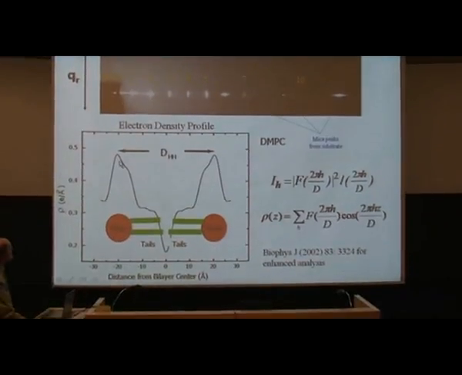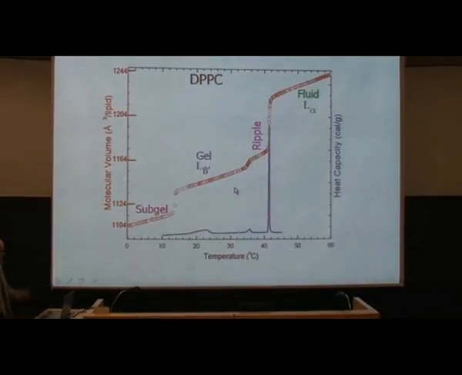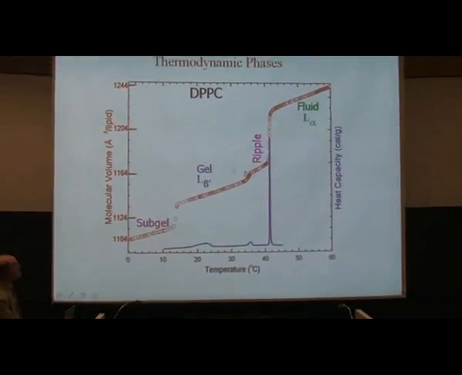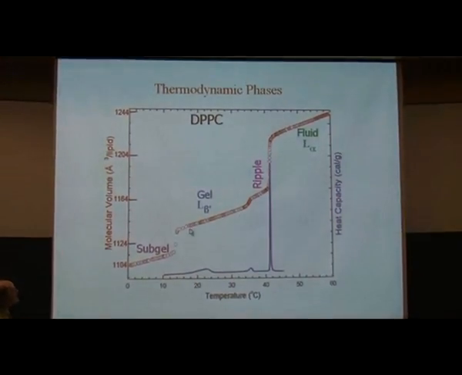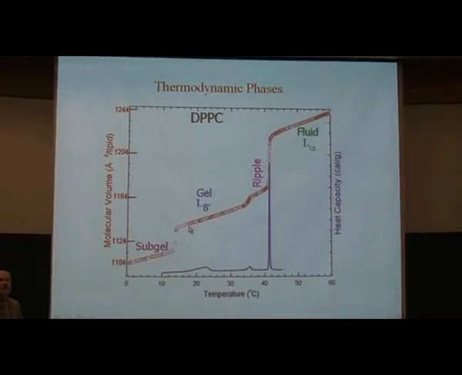People have been doing this for years. This happens to be one of ours. And it works fine. The problem is, now what I want to remind you of, what I just showed you was data for down here, which is cold for this particular lipid. It's in an ordered phase which does not really exist biologically. The interesting phase, the biologically relevant one, is up here, which is like that MD profile that I showed you, where all the chains were doing very disordered types of things. And that's the phase we want to study.